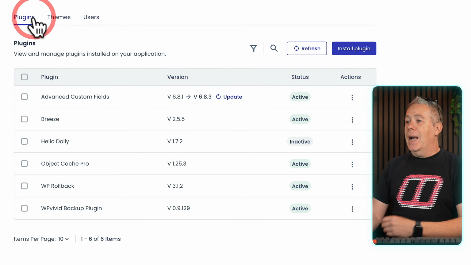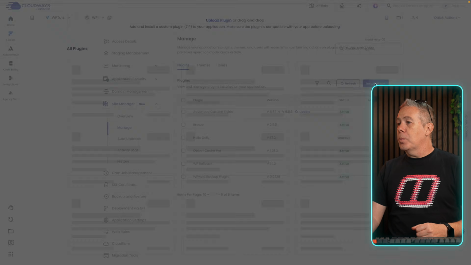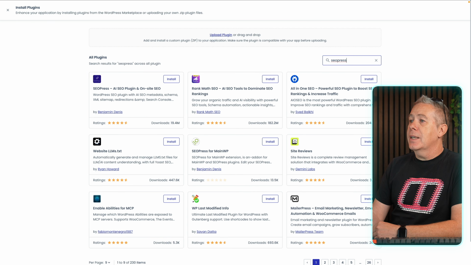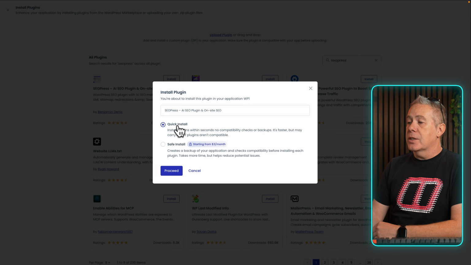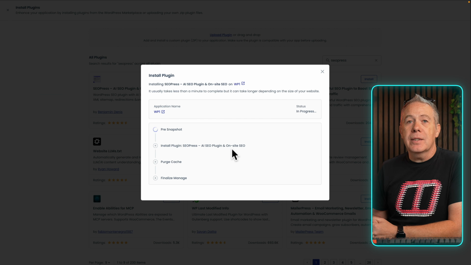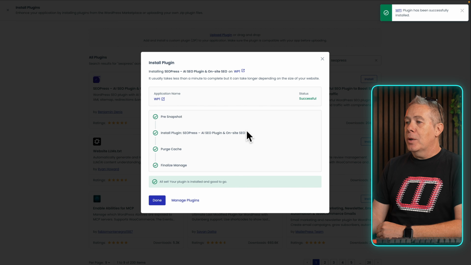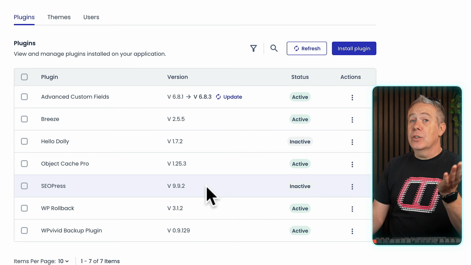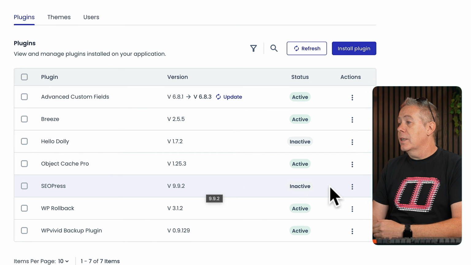So let's say you wanted to add a new plugin in. Let's say install a plugin. This time we're going to do something like SEO Press for an SEO plugin, and we can choose to install that from here. You can see it tells us you can do the quick install. We'll say proceed. And that will do the same thing as we saw with the delete. So we'll give that a few moments to complete. There we go. That's now completed. Took about 25 seconds. And we'll come into manage our plugins. And you can see we now have SEO Press installed, but obviously not activated because it's just going to install it. So you see now we can handle things one by one, but obviously that would be a little bit